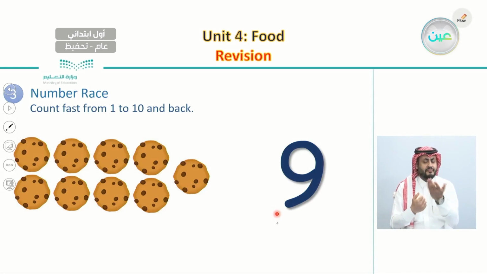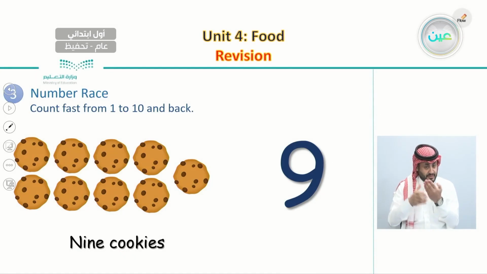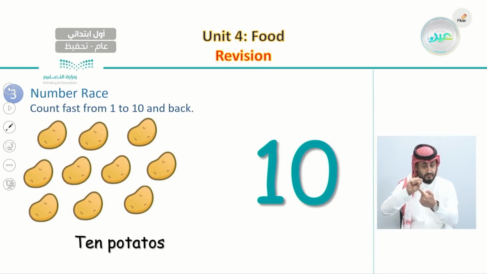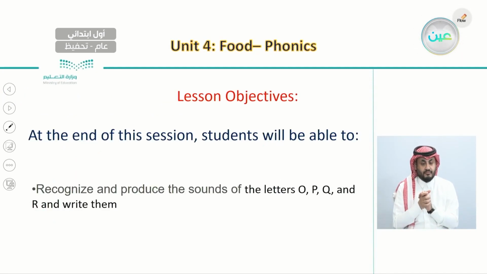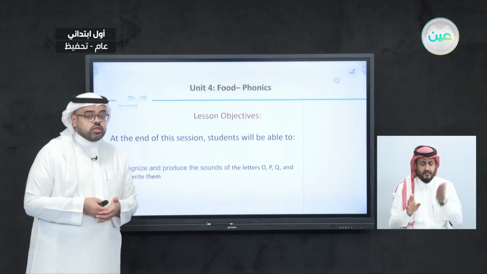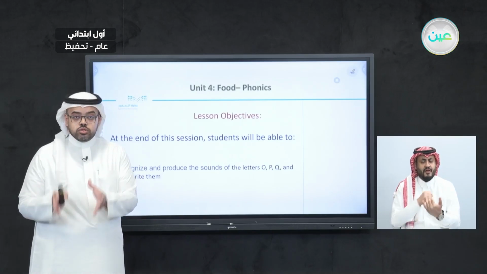This is number 9. So number 9 with these cookies. Here we can say that these are 9 cookies. And finally, here we have number 10 with potatoes. So here we can say we have 10 potatoes. So these were our lesson from last time, where we did learn how to use the countable words